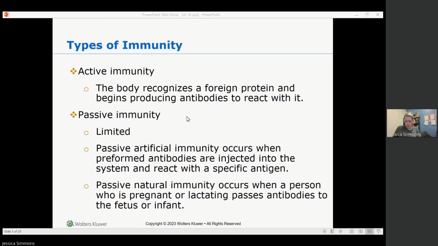Because remember, when we were talking about the immune process, antibodies take time. They take days to start working. If you got bit by a venomous snake, if you have tetanus, if you have rabies, you don't have days to wait for these things to start working. You need them to start working now, okay? Because in the meantime, you could die waiting for your body to make their own antibodies.